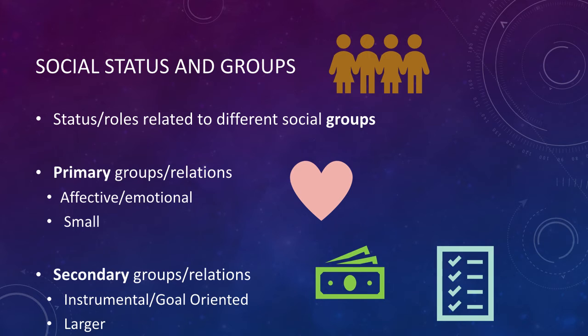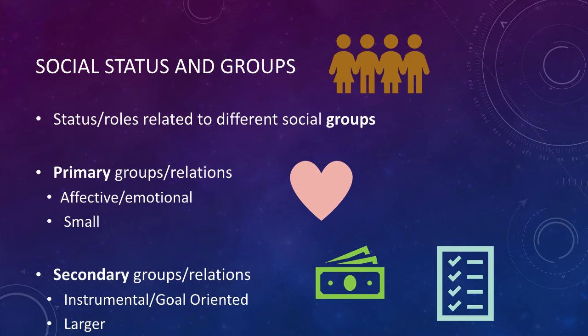Primary groups or primary relations are more affective or emotional relationships. They tend to be much deeper ties. This tends to lead to smaller groups and also much more long-lasting ties. Many of you may still be good friends with people you knew in high school, in your personal friend group. Family relations tend to last over great periods of time and despite a lot of family issues.